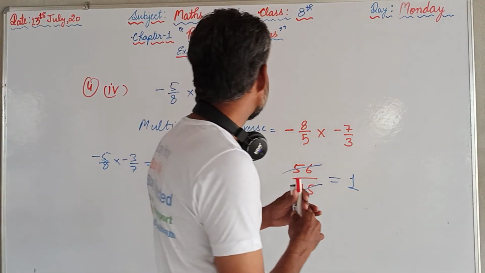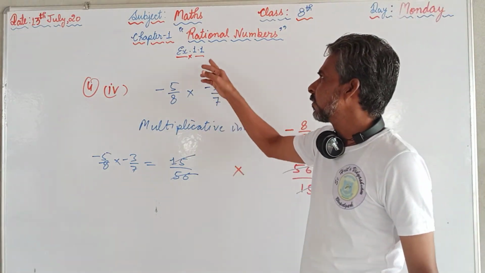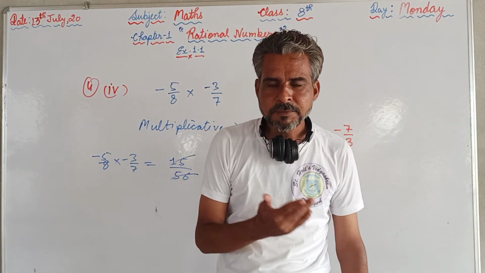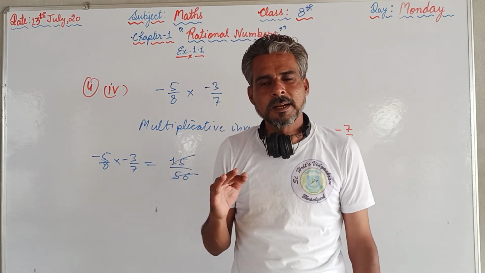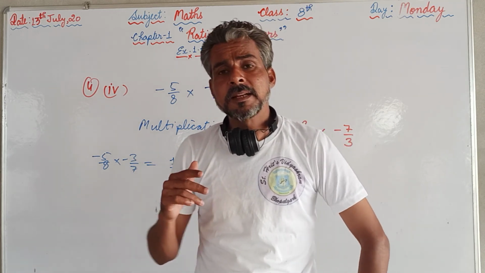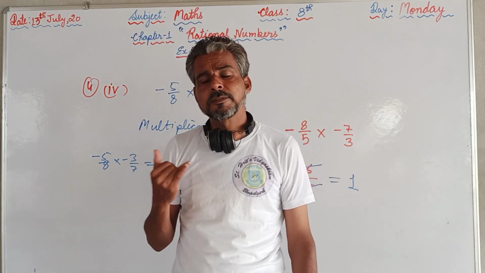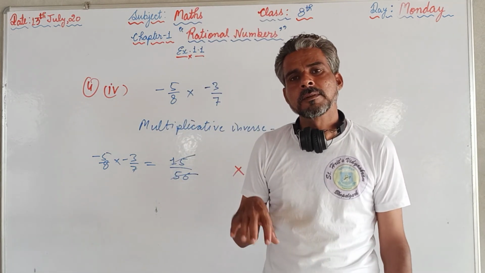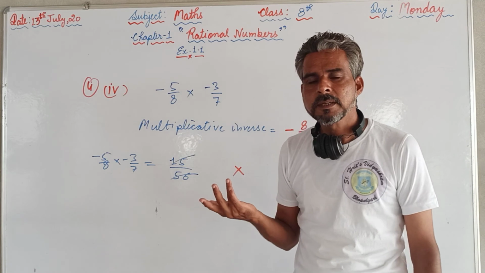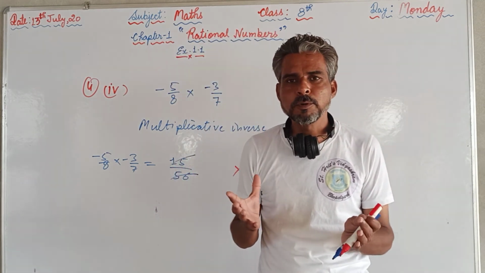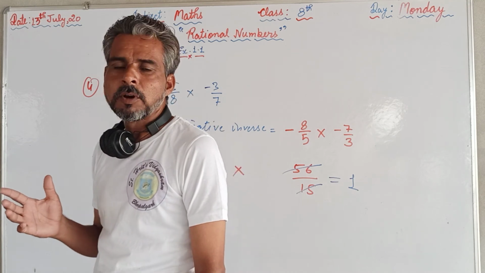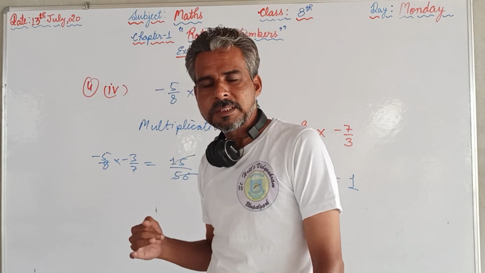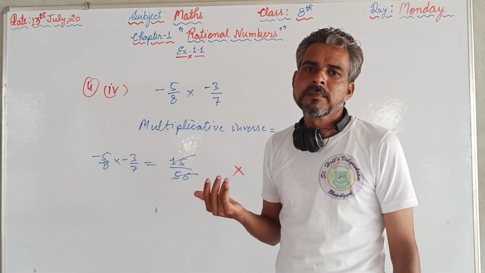And today's homework is to complete and try exercise 1.1. And if you are having any doubt, then you can replay the videos until your doubts have been cleared. And after that also, if any doubts persist, then you can message us or call us. We will try to rectify your doubts as early as possible. But the bottom line is that you are supposed to try at home, and to try the questions you are supposed to have the books. If you are not having the books till now, then you are supposed to arrange or purchase the books today only, so that you can proceed with us after watching the videos regarding your academics.